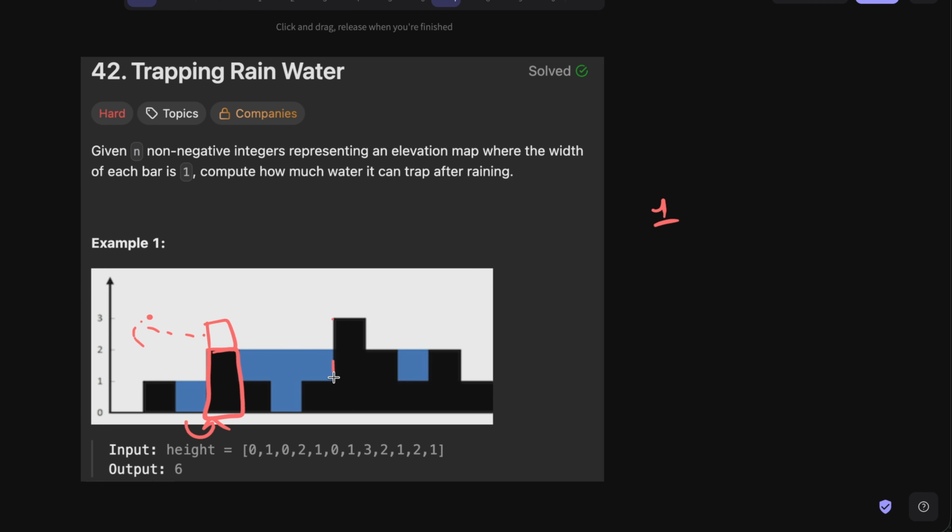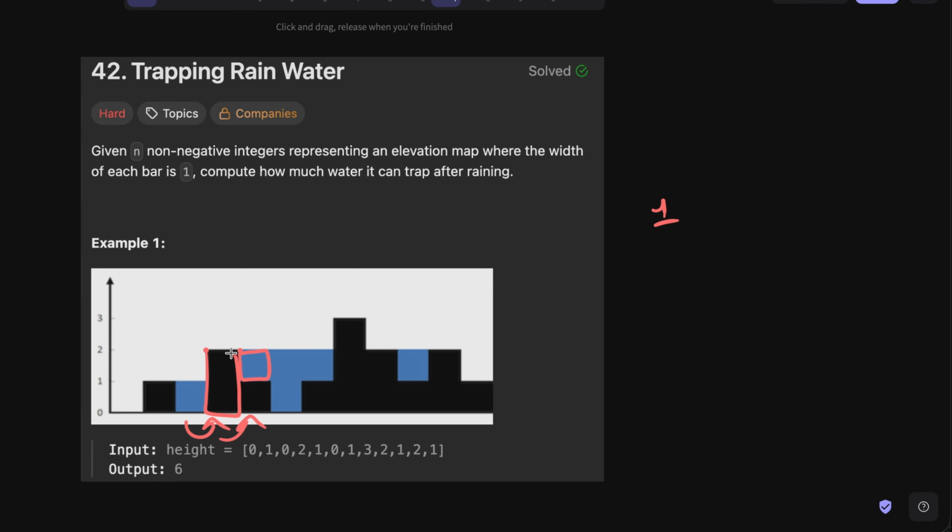Yes, there is a particular block that can help to hold it, but there is nothing on the left, so it will simply go down. So here also we have the 0 water, right? So we can shift to this particular block and we will see that we have some water on top of it right here. Okay, we have a 1 block of water,